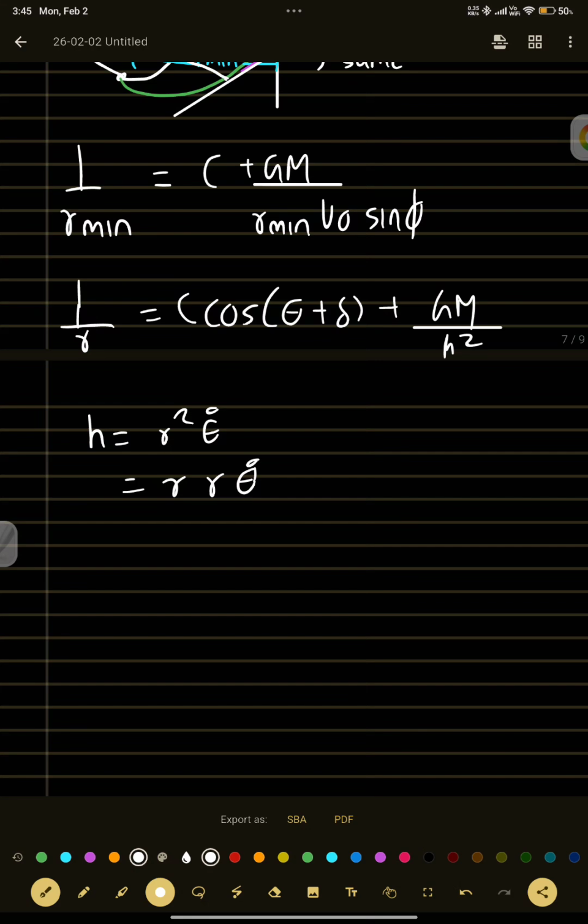R minimum में V maximum होगा because it is closest. It has to move very fast to sweep the same area in the same time. Right? So in perigee you will have the fastest motion of the earth, and apogee earth will be moving slowly. ठीक है? तो इस इक्वेशन में R नॉट पता है, V नॉट पता है, फाई पता है, R min और V max तो पता नहीं है। लिखने से क्या होगा? Do I know R min? No. I do not also know the V max.